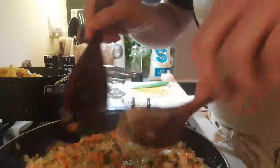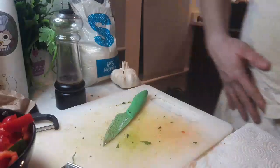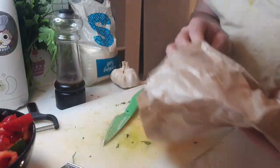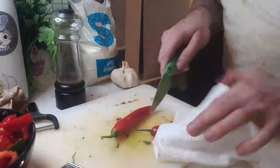Now, one thing I'm going to do in the future is get myself a pestle and mortar, something I've not got, because I'm going to de-seed the chilies in a moment, and I might bring you back across for that actually. So let's drop that in there, and let's pan back over to the chaos side of the kitchen. There we go. Right, because what I'm going to do is de-seed the chilies, because they are in fact rather large chilies. I bought 5 just in case, but I want it to be warming,